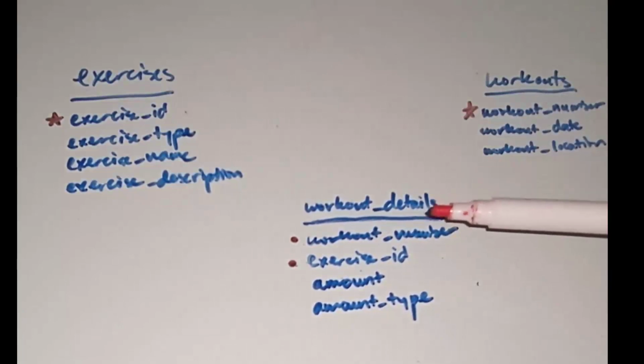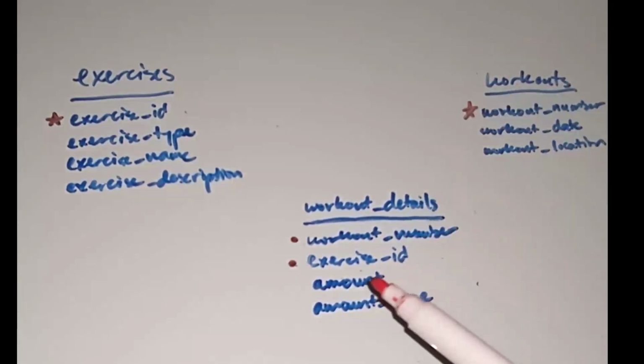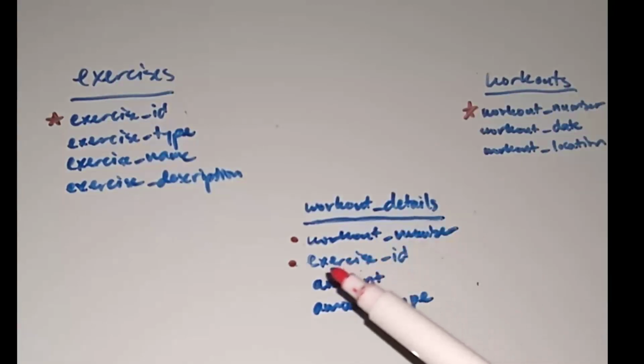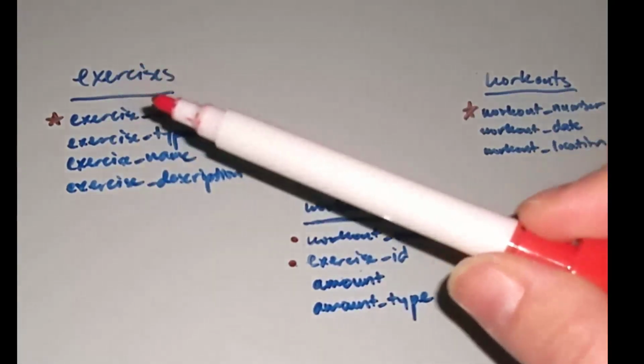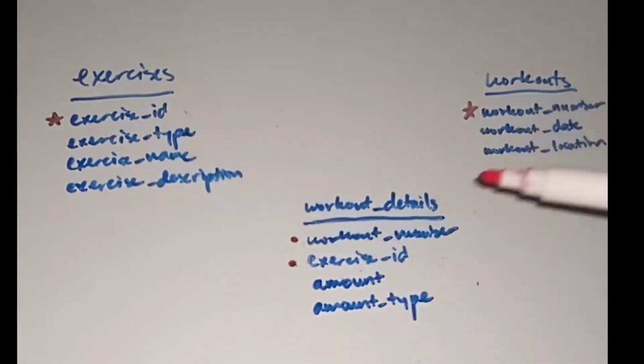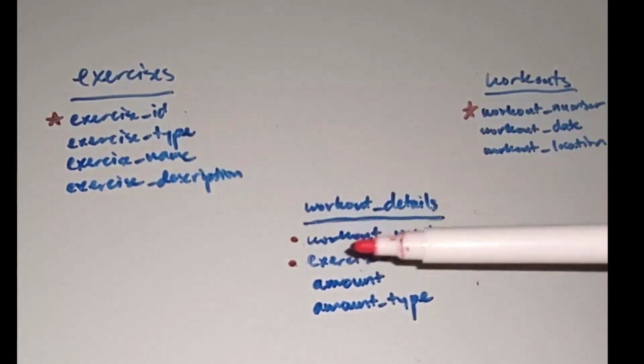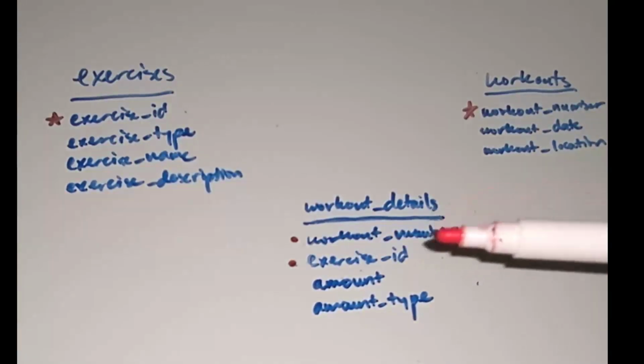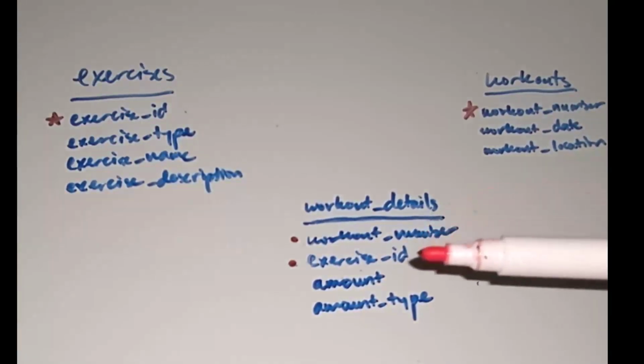So you need this junction table here, where you've got the workout number from the workouts table, so that's a foreign key, and you have the exercise ID from the exercises table, so that's a foreign key. And so you've connected these two tables through this. This is a record of, in every single workout, every single exercise you did, and how much of that exercise